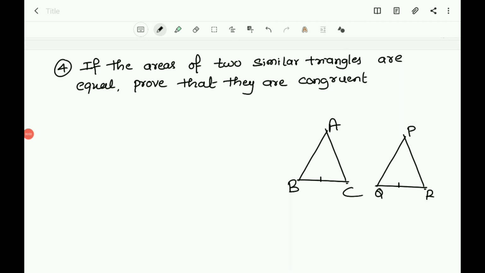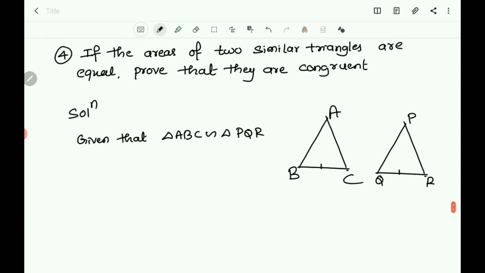Now you come to the fourth question. If the areas of two similar triangles are equal, prove that they are congruent. So here you take triangle ABC and triangle PQR are similar and their areas are equal. So you take, given that, read the solution here. Given that triangle ABC is similar to triangle PQR and also